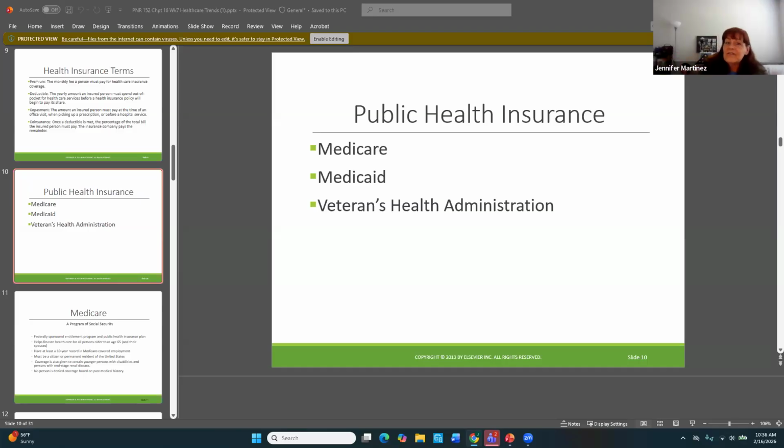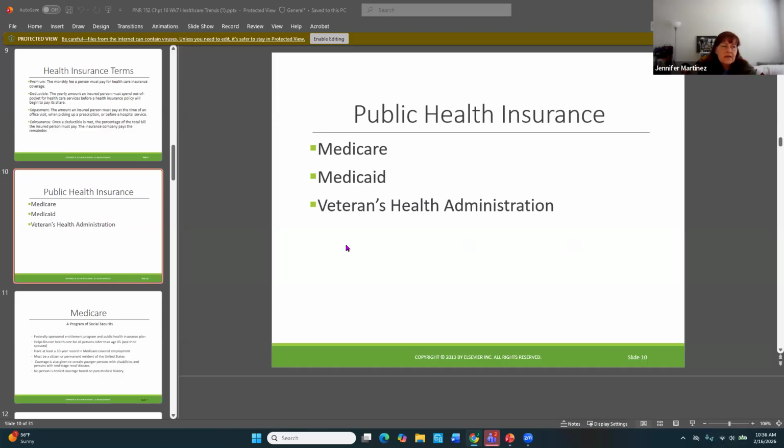He'll eventually get his own job, his own insurance, and it'll be different. But for now, it's just not effective. It's not working for us. But again, like I said, when you go to get that job, make sure you look at all those numbers. It's nice to have a low premium, but if your other numbers are really, really high, then you have to see how you're using the services.